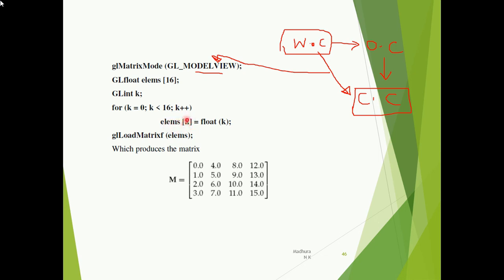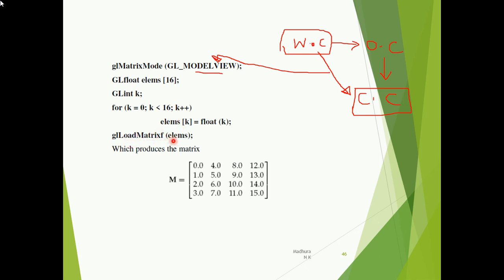So elements of k you have here. That's what you are actually storing. Whatever floating point values you have, they have to be stored in the form of an array. So that's why we have this for loop here. And then we have glLoadMatrixf elements.